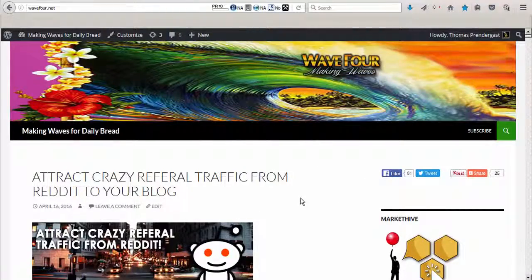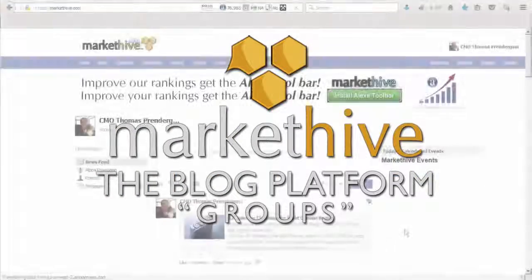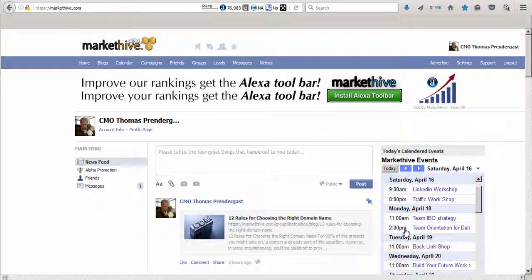Okay, now we're going to discuss setting up groups and how that works within the blogging platform. As I've said before, the groups are unique and they do a lot of things, but here we're going to talk about the group's role in blogs. So we're going to click on groups. It's up there in the blue bar, and we're going to make a group,